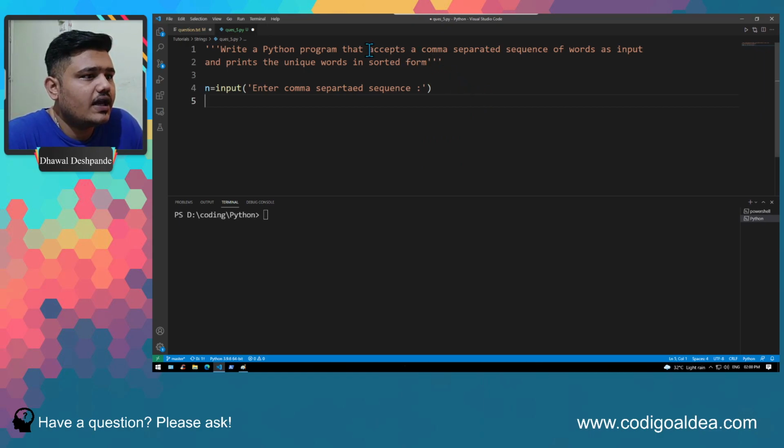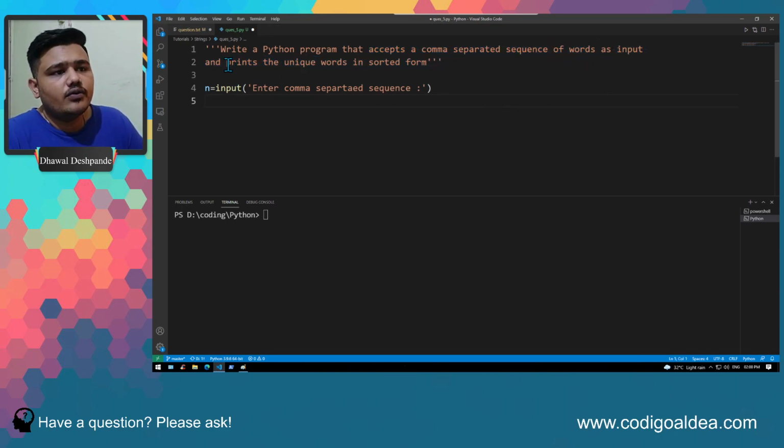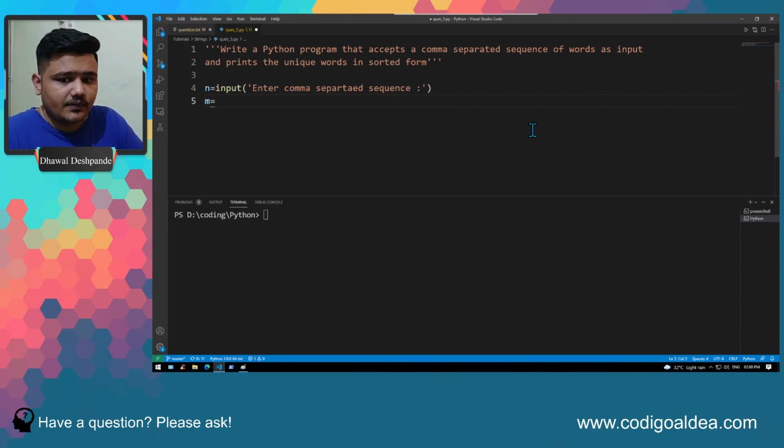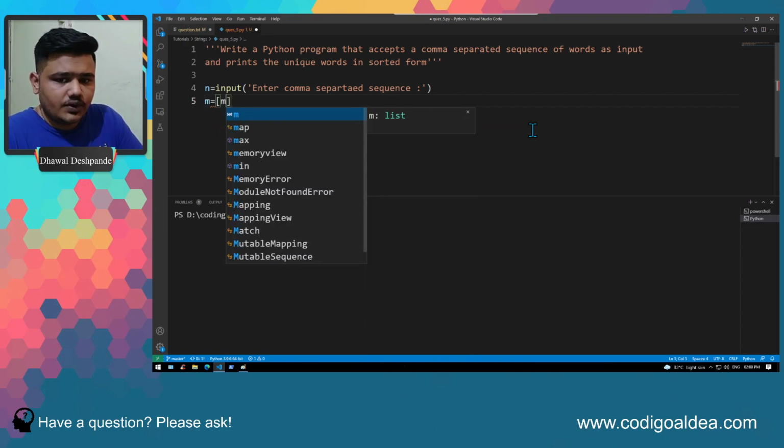So now we have done the first part, that it accepts a comma separated sequence of words, right? Now we have to print the unique words in a sorted form. Correct? So for that, what are we going to do? It's very simple. We are going to make a list which will be m equal to m